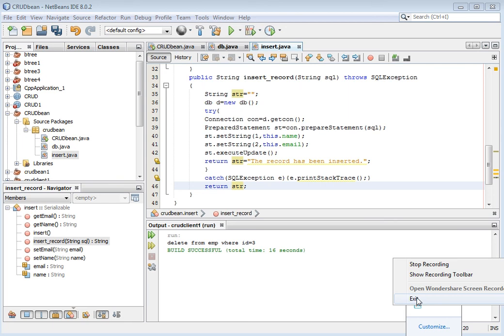So this is our insert bean, where we have get and set methods, where we have Serializable implemented, and we have this simple insertRecord function. Now we will create update.